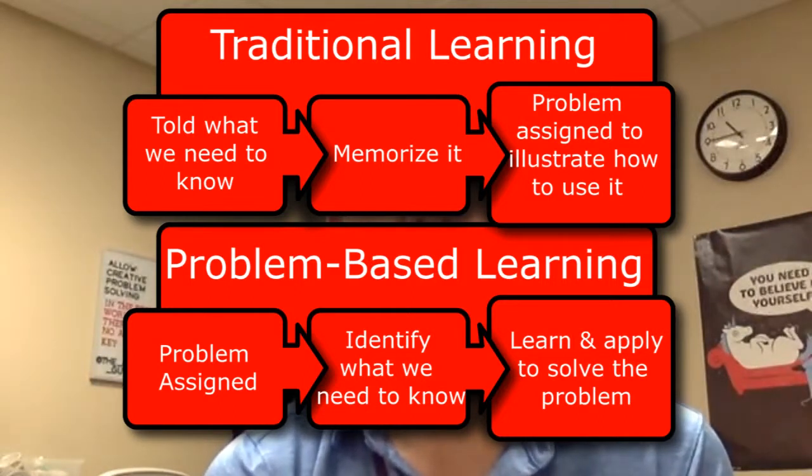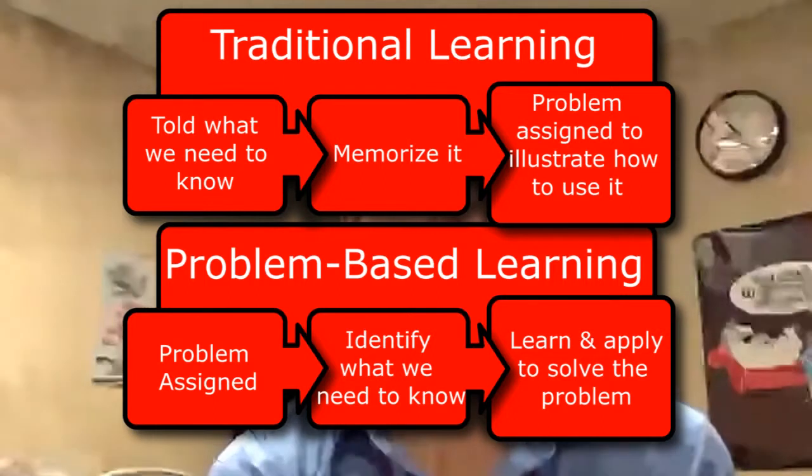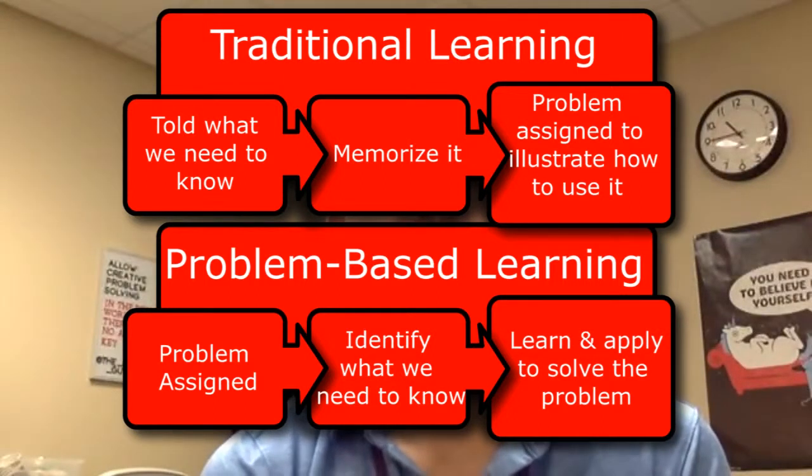And then they learn and apply what they have discovered to solve the problem and show what they have learned. You can see in these two, the traditional learning is very much sage from the stage, where the teacher's in front of the class controlling the action. In problem-based learning, the teacher's role is different, and we'll talk about this later on, but it's more the guide